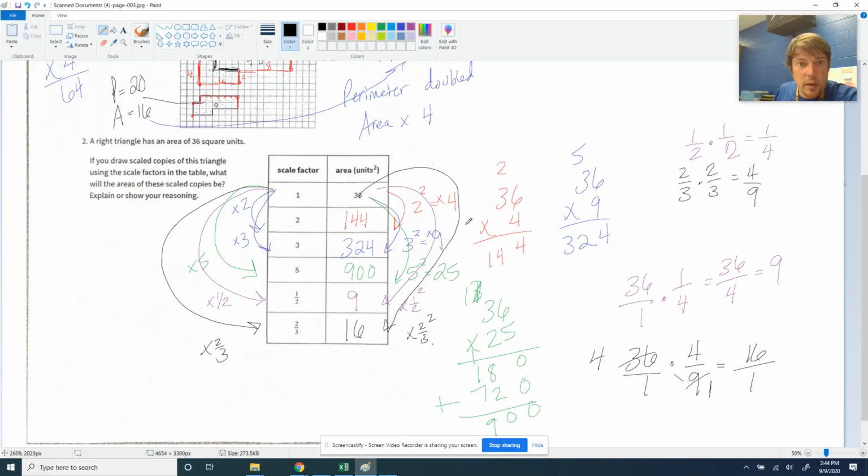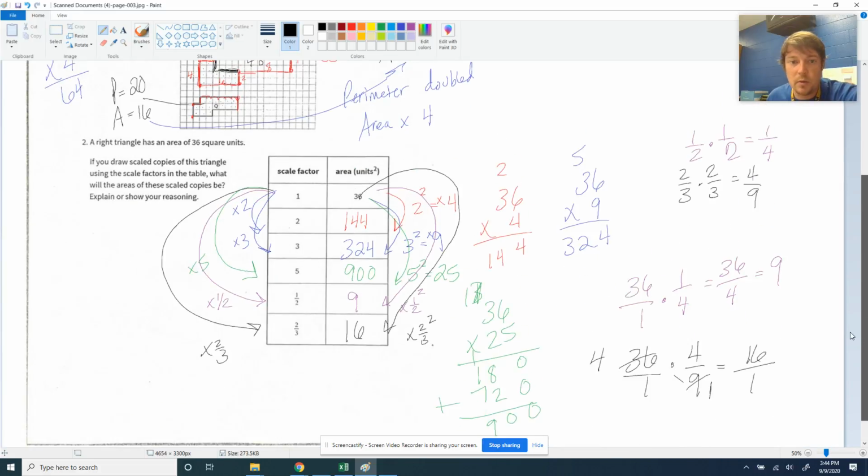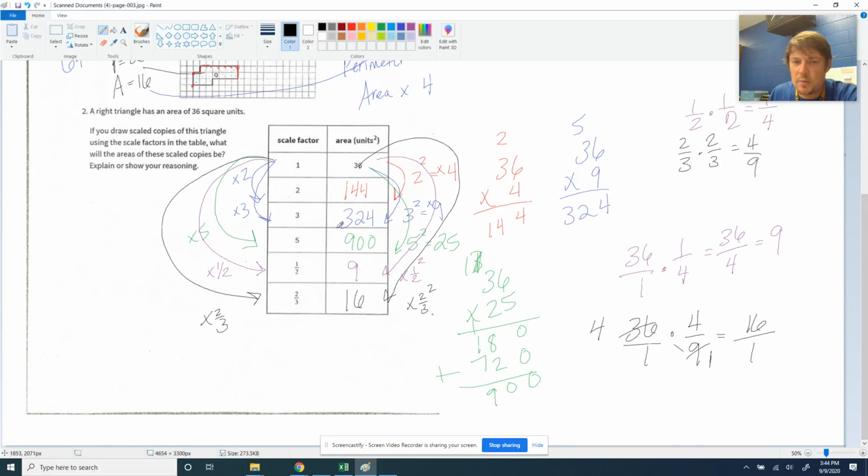All right, so there's that table filled out. That's a tough little table to fill out if you don't know that the scale factor has to be squared to get the area size. And that's something we're going to talk about in depth a lot tomorrow. Tomorrow, I say, will be Thursday, if you're watching this video on a different day. So we should talk about this more in class on Thursday. All right,